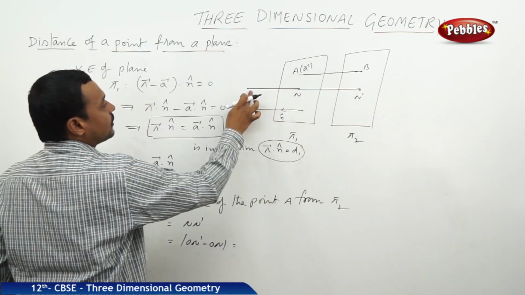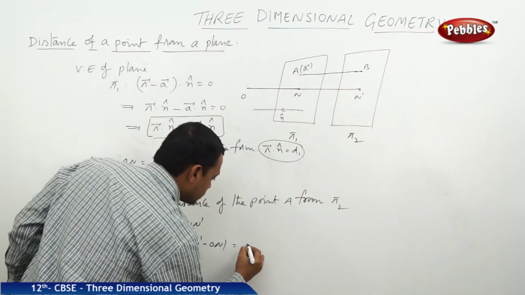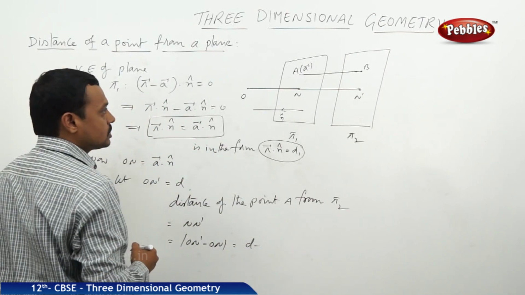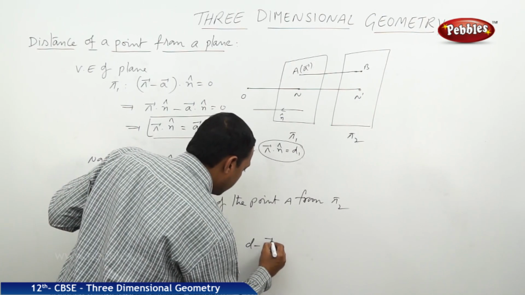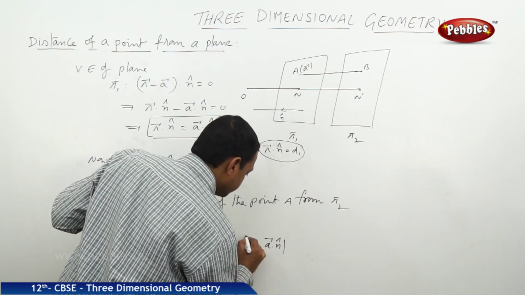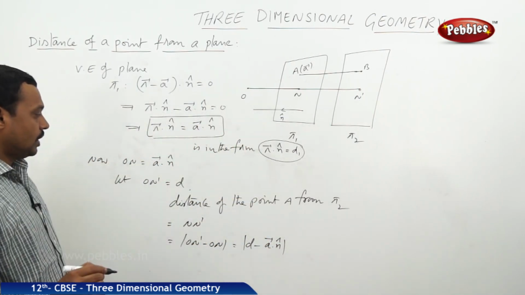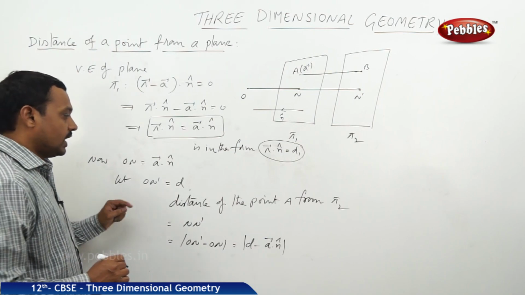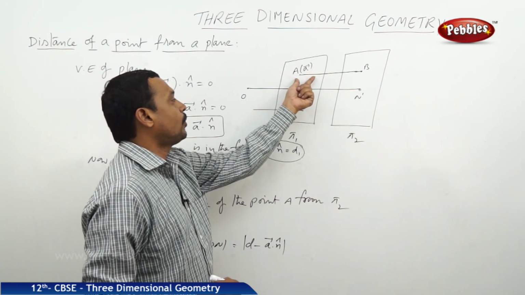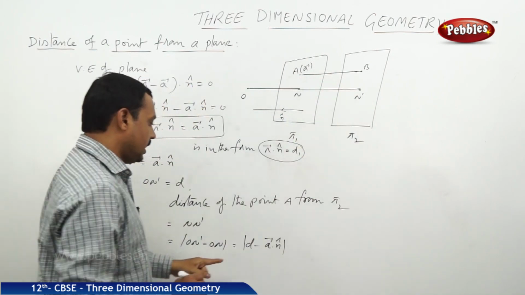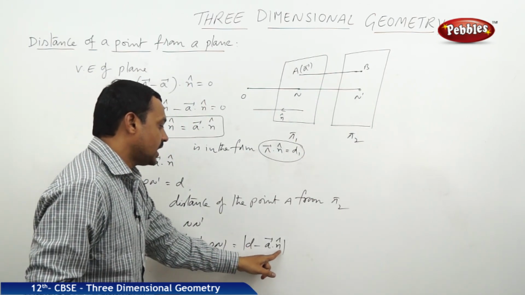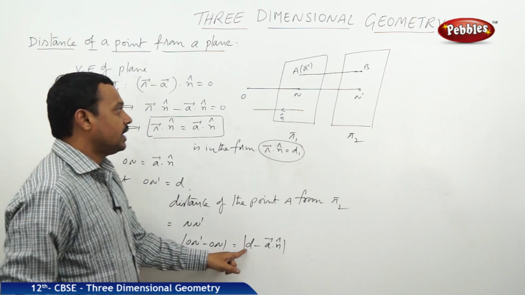It is the distance from origin to that plane, that is d units, minus ON is equal to A bar dot n cap. Therefore, finally, the distance of a point A from the plane is d minus A dot n cap, where d